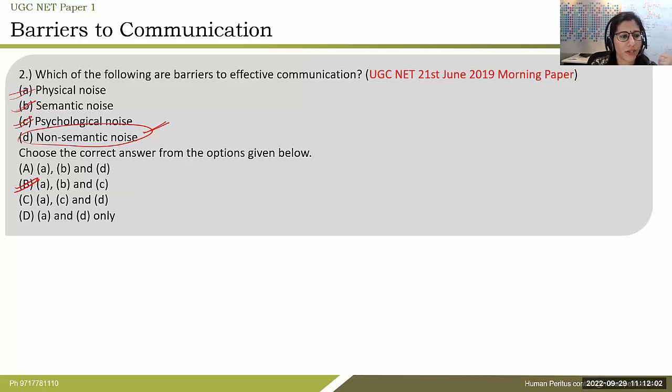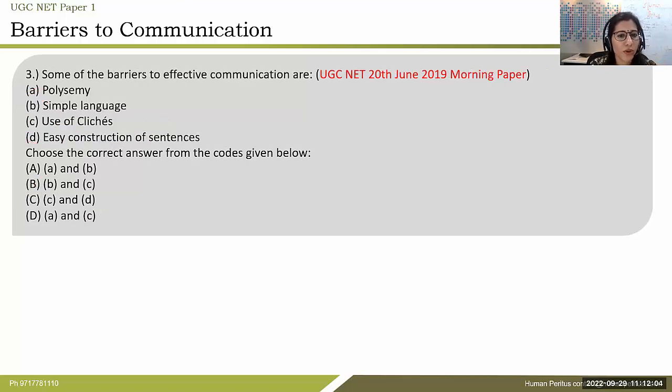All right, next question. Some of the barriers to effective communication are similar kinds of questions. See, various kinds of questions are of similar nature. Like, what are the barriers? Sometimes you will have questions, like we'll see in the next slides also, where you have to match the barrier and its description therein. All right. So similar questions are repeated over the years. What you have to do is just be very well versed with the topic, which are actually the barriers, which are the strategies to overcome the barriers. All right. So let us see the question here.